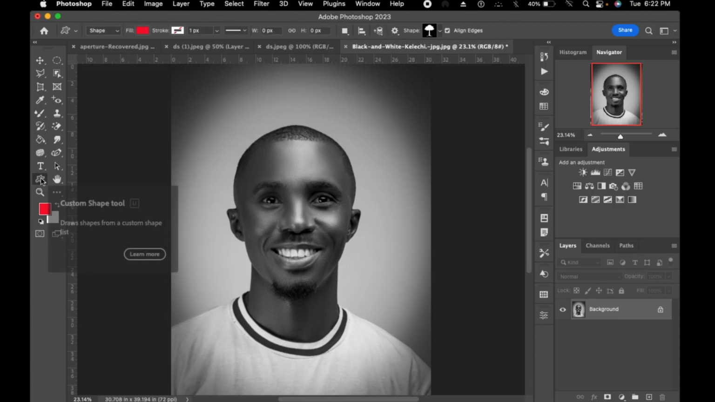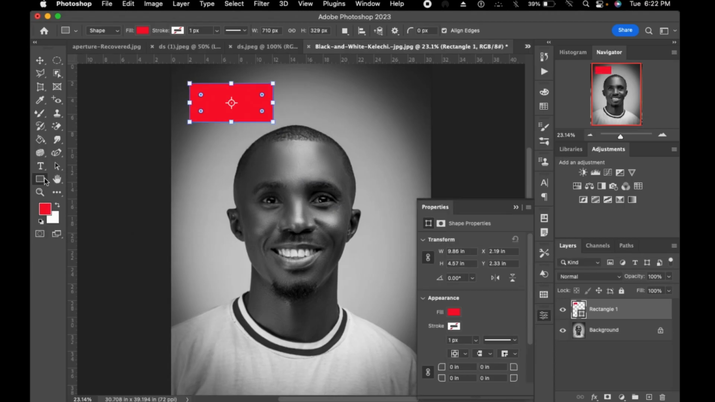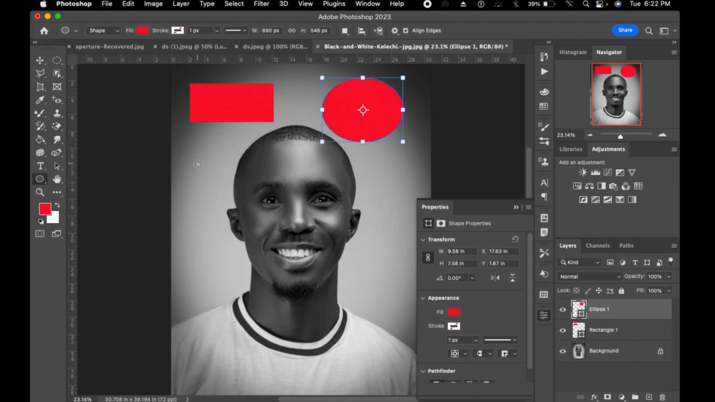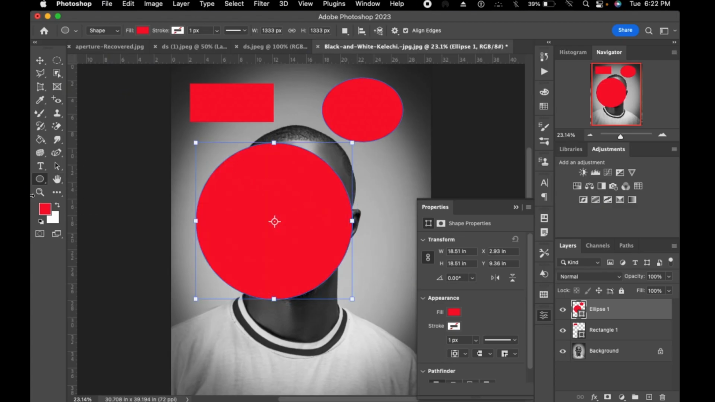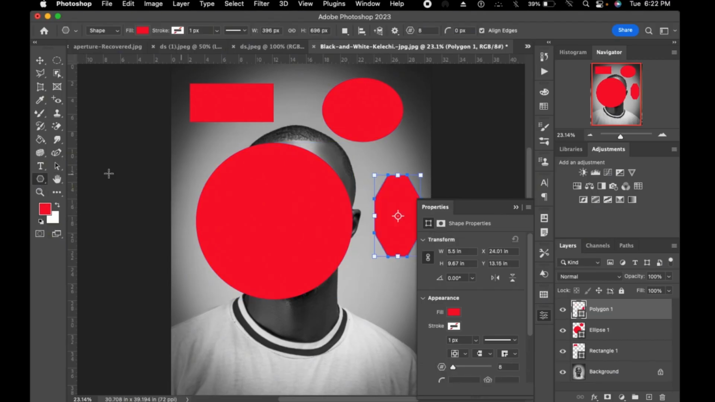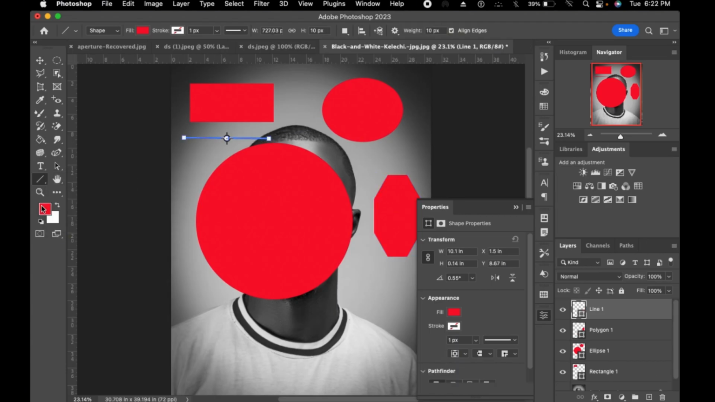We have our custom shapes. These are shapes. You want to find different shapes here: rectangle, ellipse. If you want your ellipse to be more like a circle, you hold shift and drag through. You see, no matter what you do, it doesn't change form. Right? So you have polygon, you have straight line,